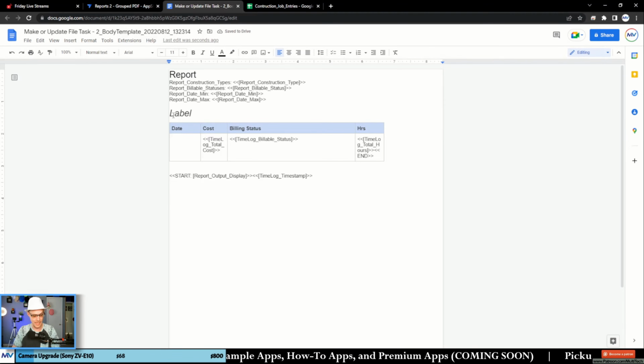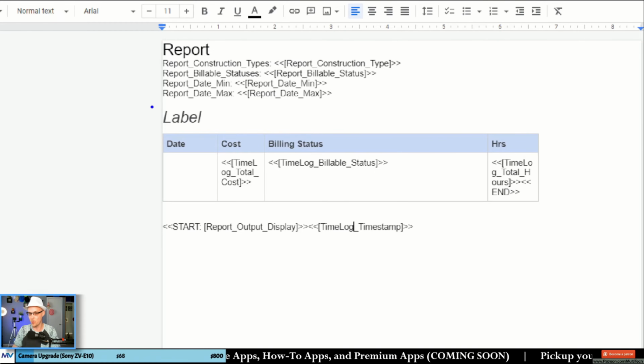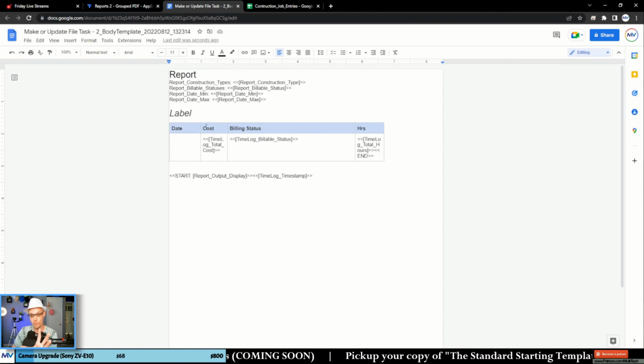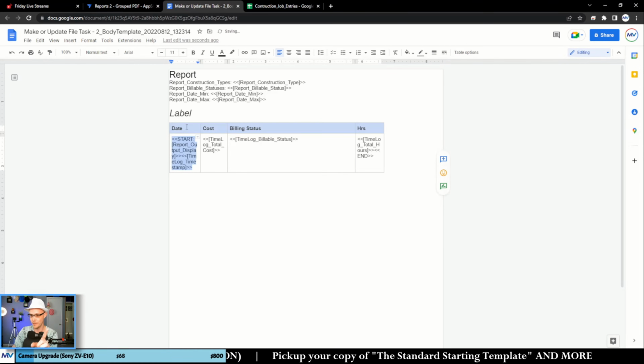So the idea is each time this report prints a category, this whole little section will be repeated. I'll have a label, there'll be a header bar that says date, cost, billing, hours, and the whole table will be copied for each category. Okay. That means what I'm really doing, if I put this back where it belongs,